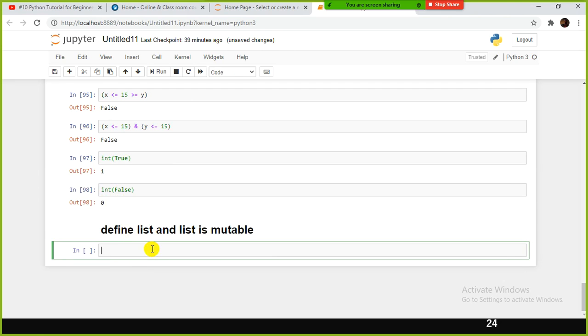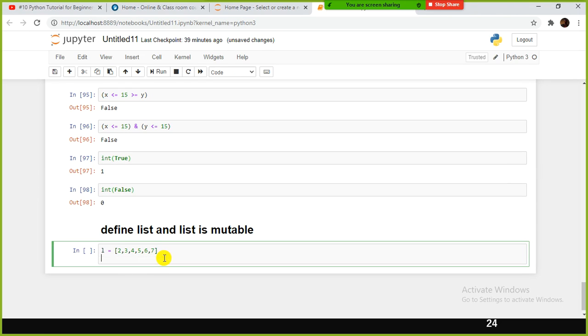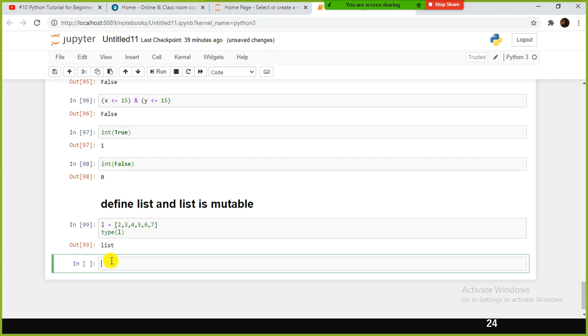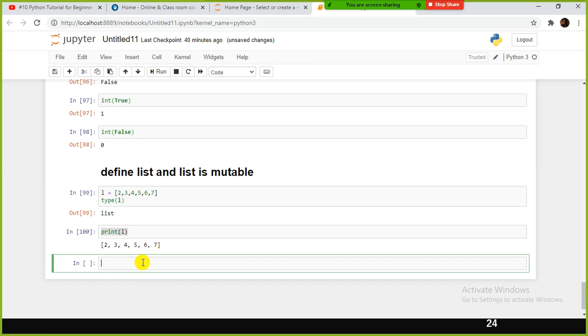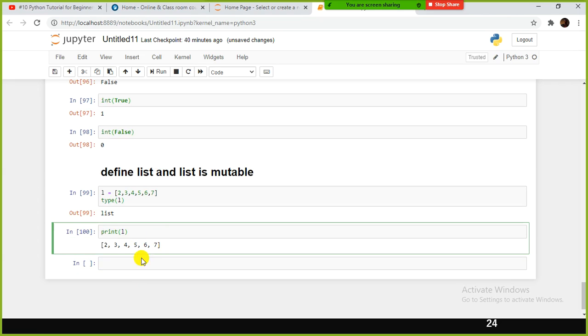How do I define a list? L equal to 2, 3, 4, 5, 6, 7. And type of L. We can assign more than one value to a variable. Let's see what happens. L is a list data type. And if I want to print the content of L, print L. Your list is 2, 3, 4, 5, 6, 7.